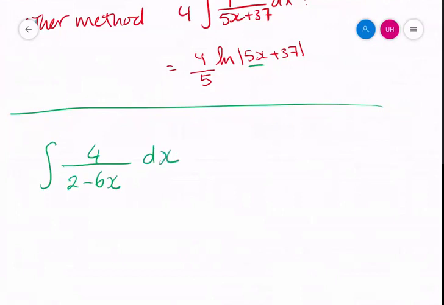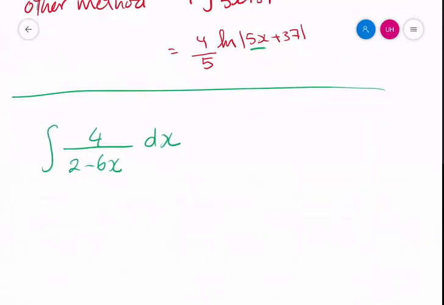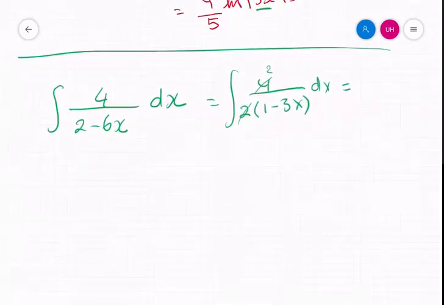And this one we can take 2 as a common factor for the bottom one. So 4 over 2 is 2, and the bottom is 1 minus 3x. So it's the integral of 2 over